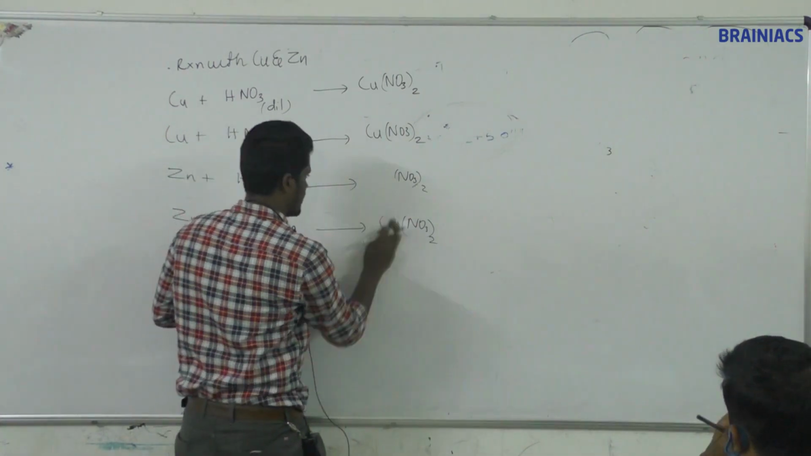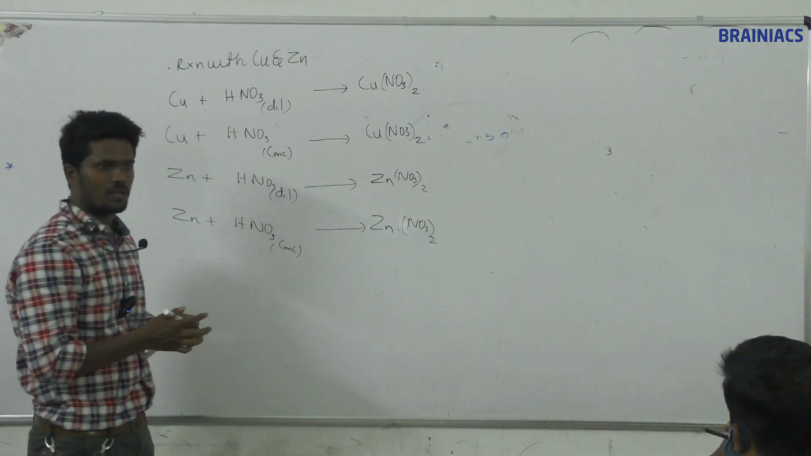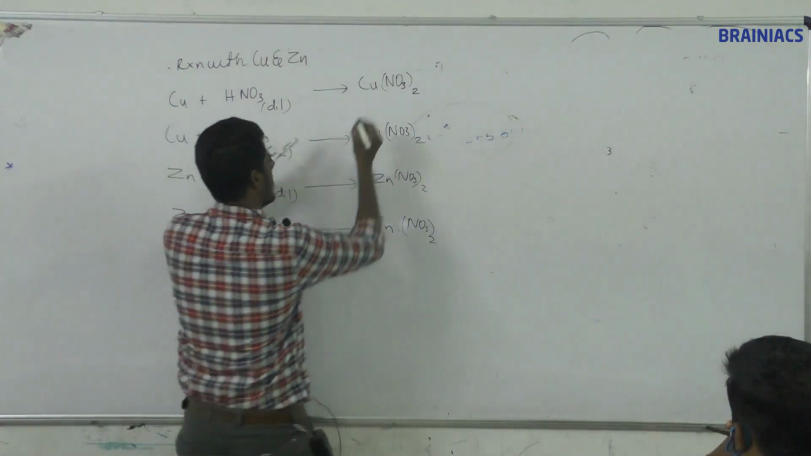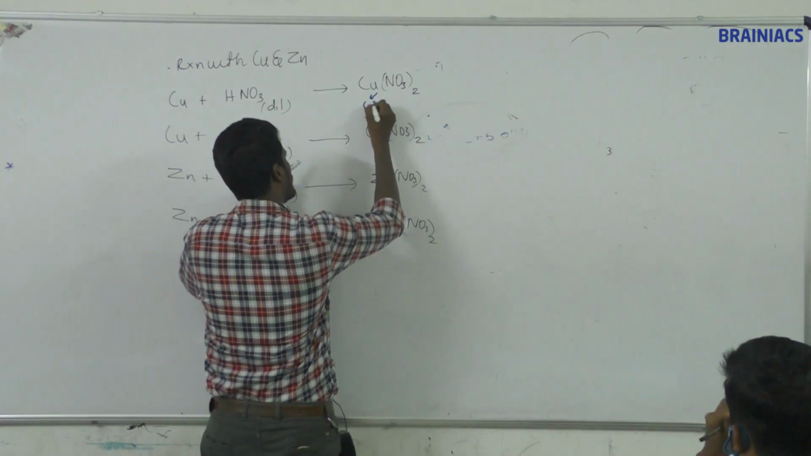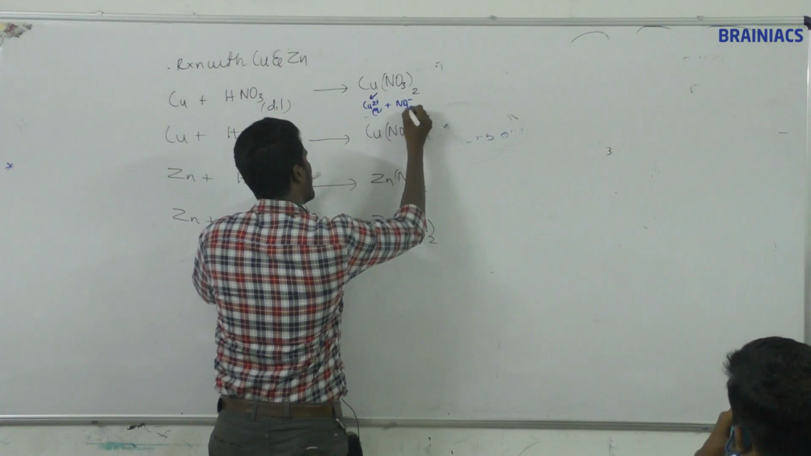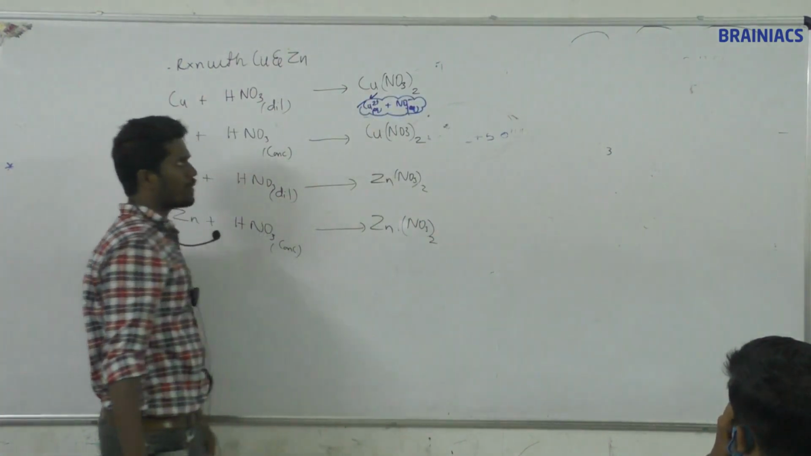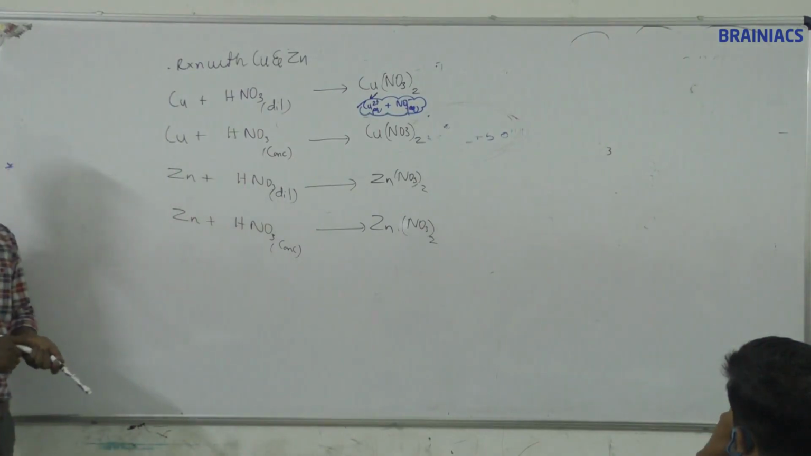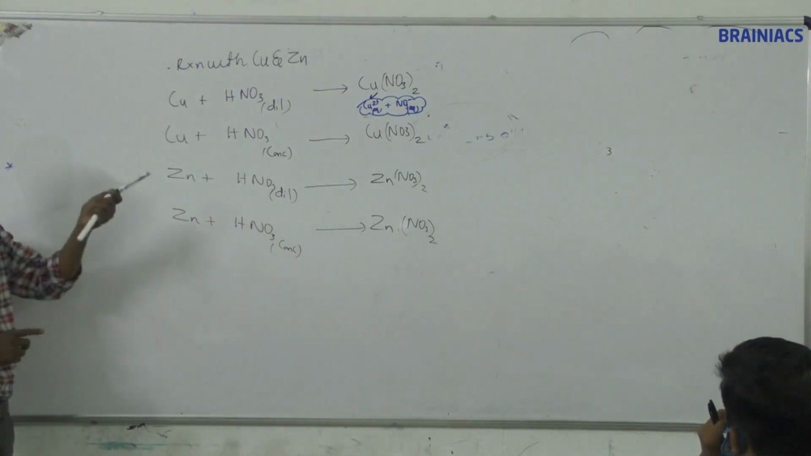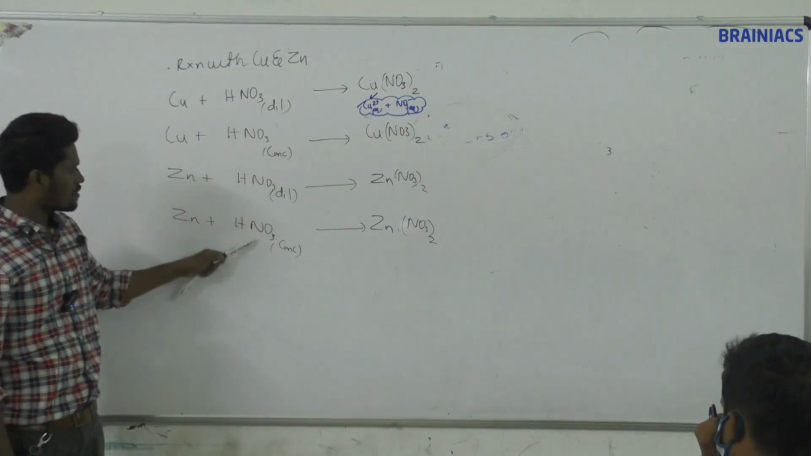Zinc, the other two are zinc. Okay, Zn(NO3)2, Zn(NO3)2. So that means copper gets dissolved here. That is Cu2+ aqueous plus NO3- aqueous. That means copper gets dissolved in HNO3. Cu2+ aqueous and NO3- aqueous, the same way. If it is concentrated,